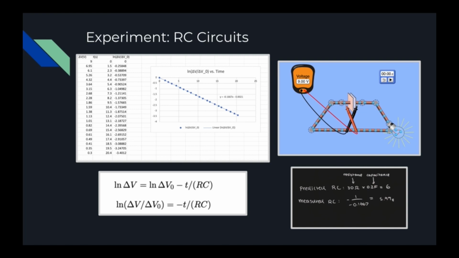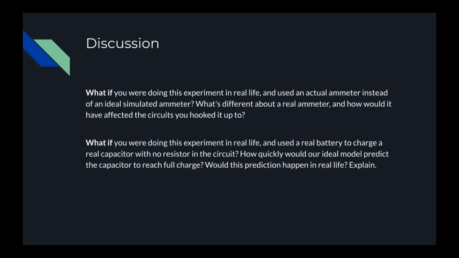If we were doing this experiment in real life and using an actual ammeter instead of an ideal simulated ammeter, we would see that a real ammeter does not have negligible resistance. So, if the experiment were done in real life, the overall resistance of the circuit would increase and the currents measured would decrease. If we were doing this experiment in real life and used a real battery to charge a